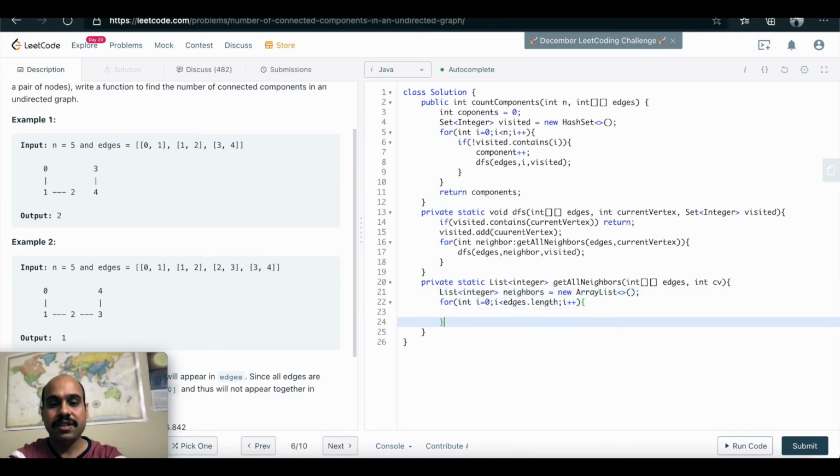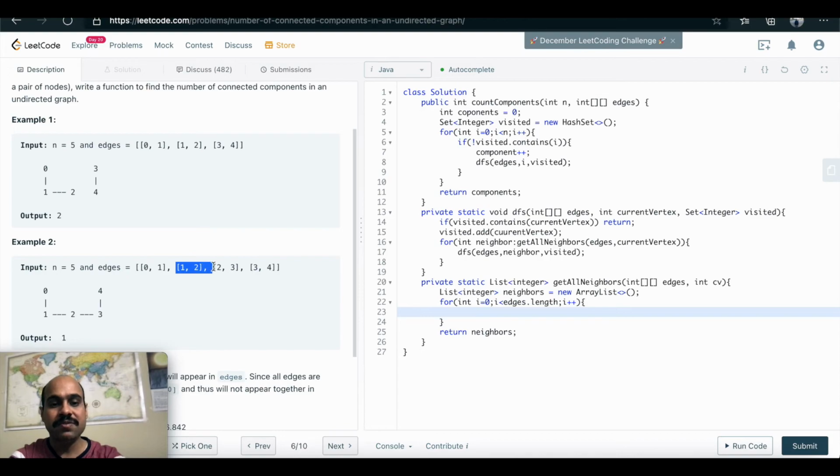Okay, and at the end let me just return this. If you see here, edges is basically a 2D array. So every time I'm saying i equal to 0, I am basically taking this first integer array. For i equals 1, I will be taking this one, and so on. So it means edges of 0 will contain again an array which is basically containing 2 elements.